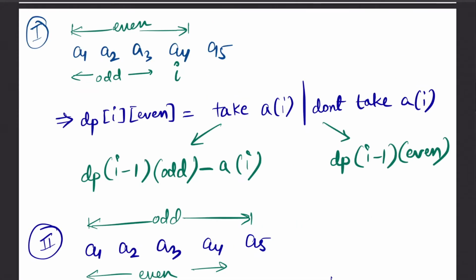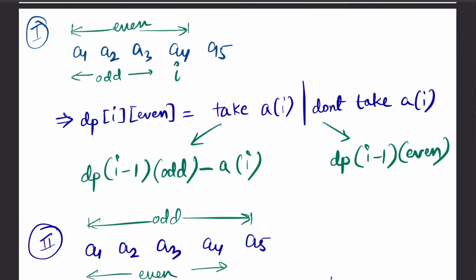Let's see what will be the values of these DP states. So here I have taken an array A1, A2, A3, A4, A5 and I am calculating for this particular prefix which is of even length. So what is the maximum value of this prefix of even length? We have two choices, either we take A of i or we don't take A of i. That means I am either taking A4 or I don't take A4. So let's say I take this particular value, but I still want the length to be even. So how do I make the length even? I basically take an odd length and add this A4 to that and it will make the length even, correct? Because this length is odd and when I add one element to this odd length it will become even.